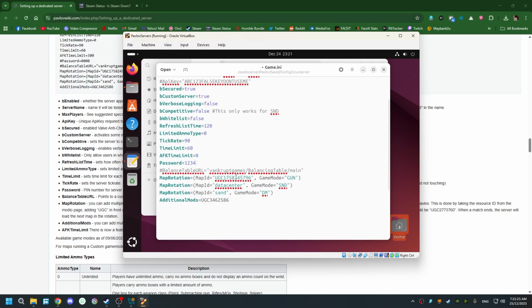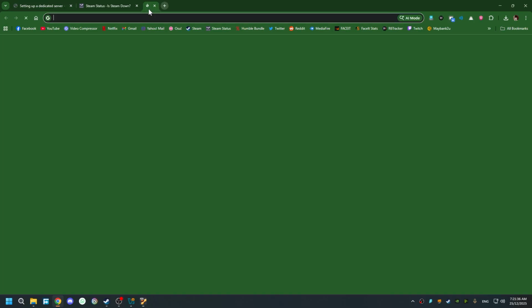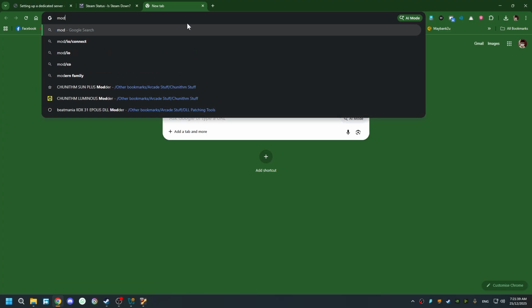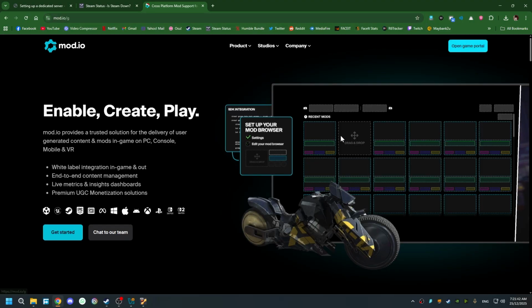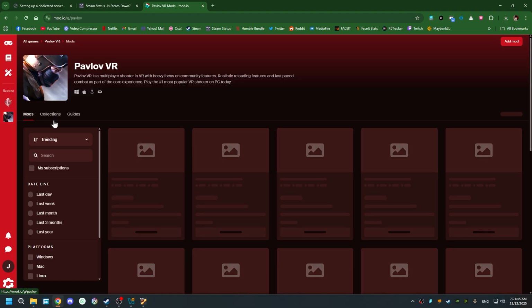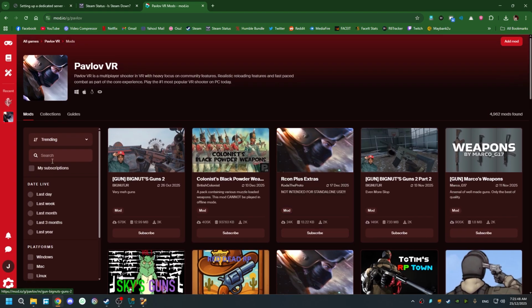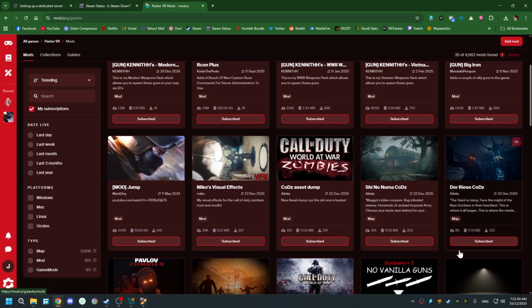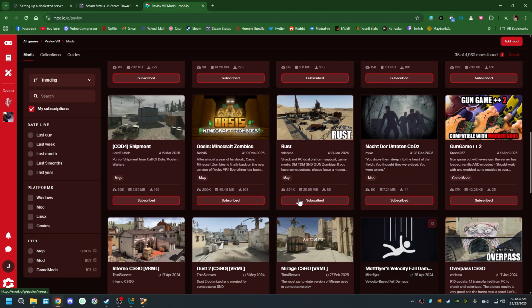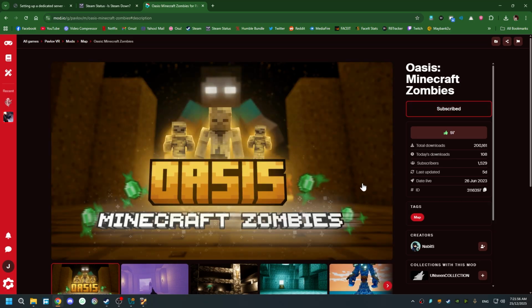As for the map rotation, for this one you can actually load maps. You can load the default maps like Datacenter or Sand, or you can load custom maps from mod.io directly. To do this, go to mod.io, go to Pavlov, and look for whatever you want. I'm just going to go to my subscriptions. Let's say I'm going to take Oasis Minecraft, for example. The ID for each item is located here at the side. So you can copy this ID